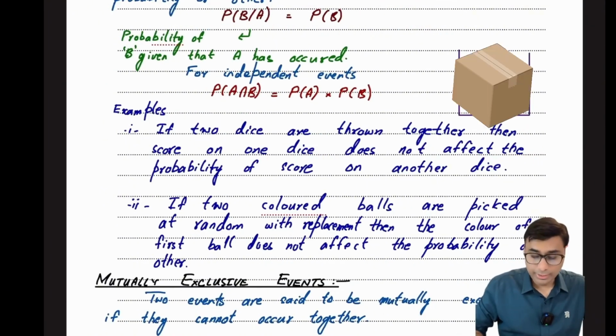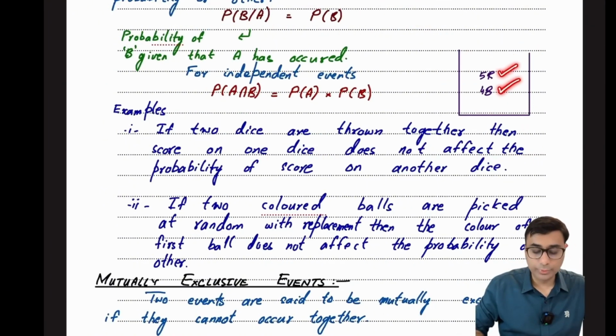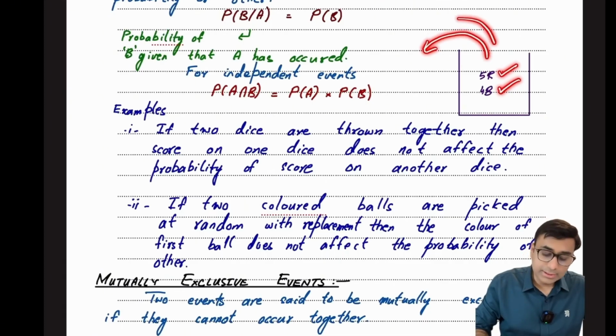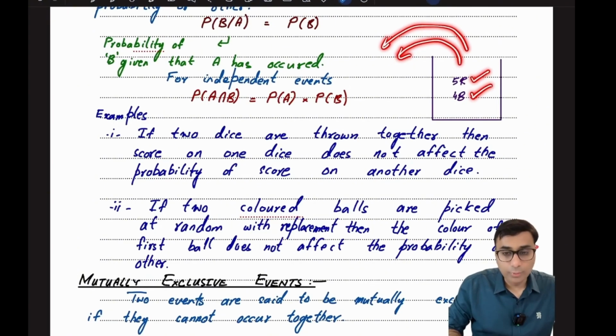For another example, if I have a box which has 5 red and 4 blue colored balls, and I pick one ball and then I pick the second ball, the probability of the second ball would be affected by what color I chose on the first ball. If the first ball chosen is red, then the probability of the second being red would be 4 upon 8. But if the first ball chosen is blue, then the probability of red is going to be 5 upon 8. So that means what color comes on the first ball affects the probability of the color on the second ball,